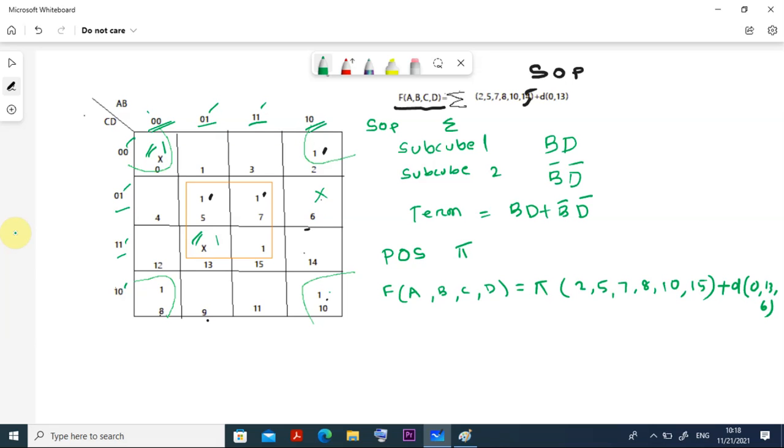So in this case, what we want to do, now the scenario changes, because in the product of sum, you remember in the sum of product we are using the min terms. In the sum of product I am using the min term. That means I am using only 1 here. Here I will be using max term. The product of sum I am using the max term. Here it is equal to 0. I will use 0. Okay.